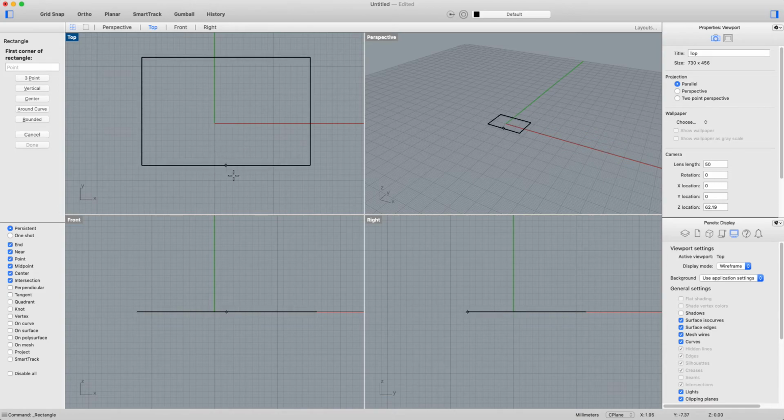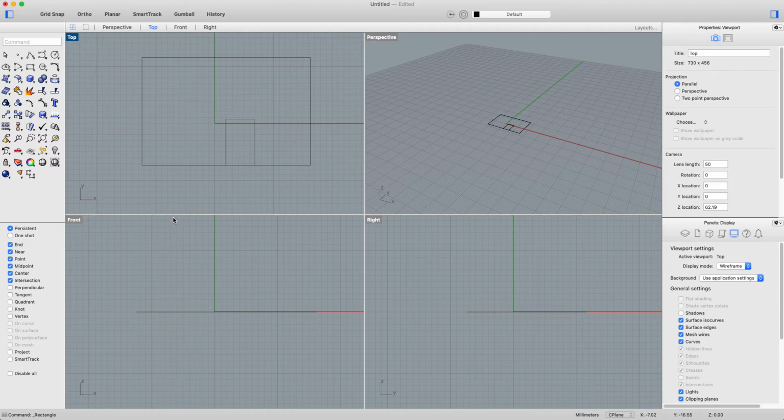If you hold down Alt you'll notice these all go grey and it will no longer snap. Snapping is really important to make sure that your object is lining up with the other objects that you've drawn. So if I draw on here,